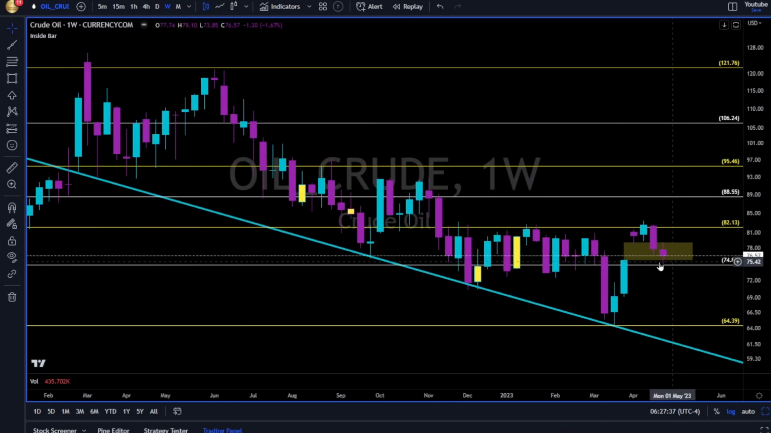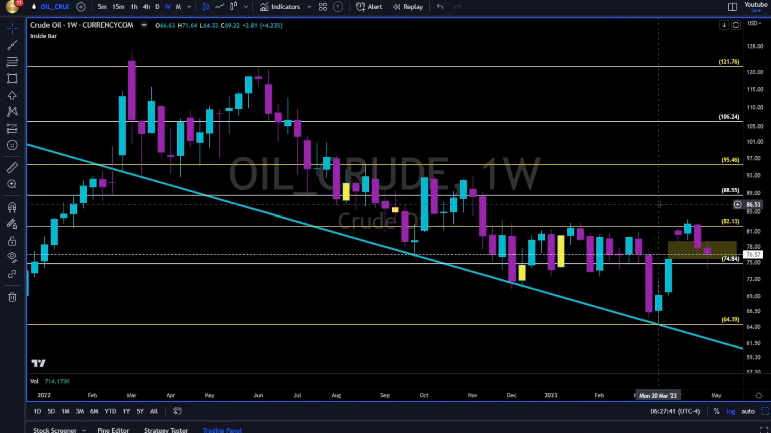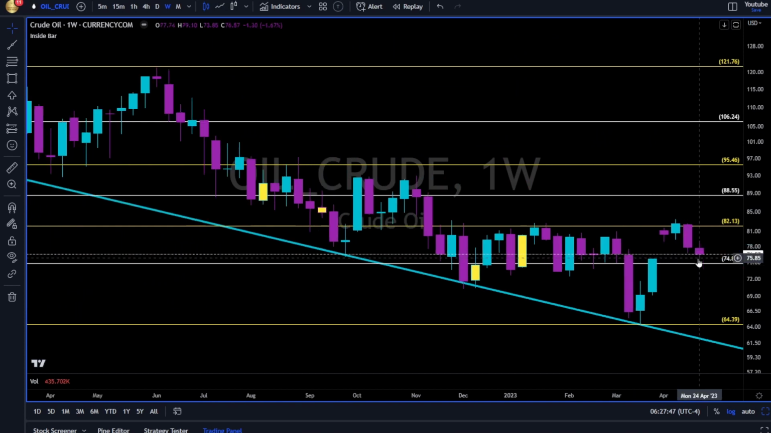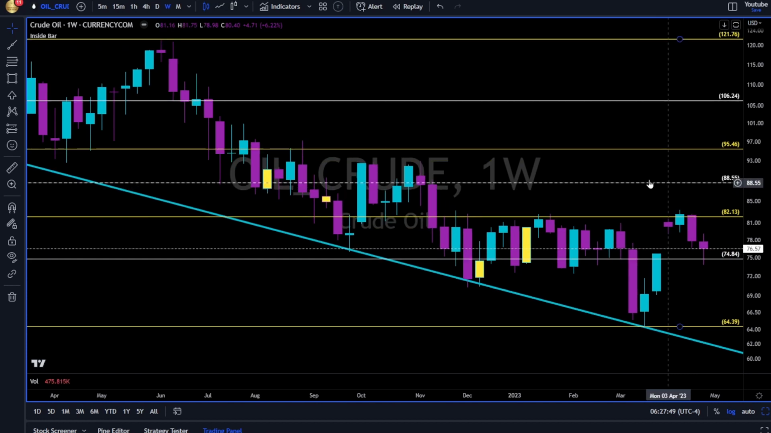Oil. Close this gap. And if you follow me on Twitter and you saw previous videos, we knew that this gap would get filled because more than 80% of all gaps will get filled throughout time. Now let's see, the 74 area needs to hold because as you can see in the past since December of 2022, this 74-75 area